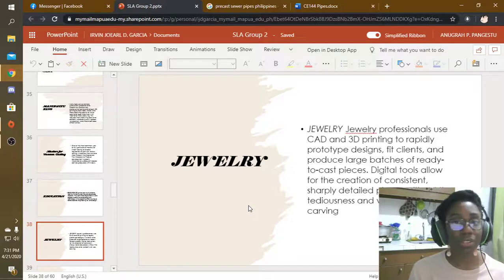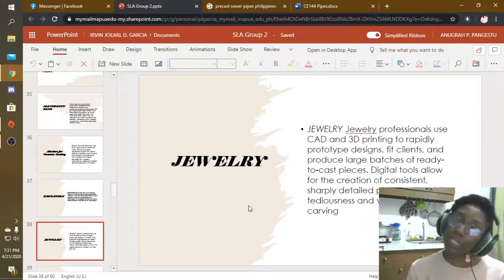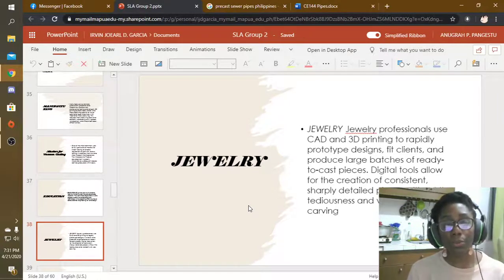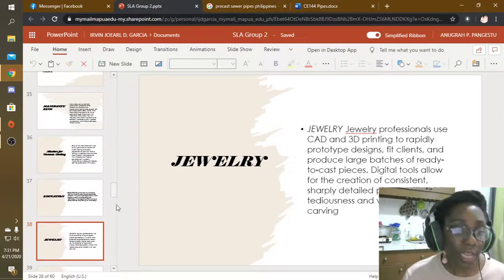Very neat. You wouldn't even know it was 3D printed unless you were told. And I was so pleased with this. So that's one of the examples for 3D printing jewelry. So the next one would be